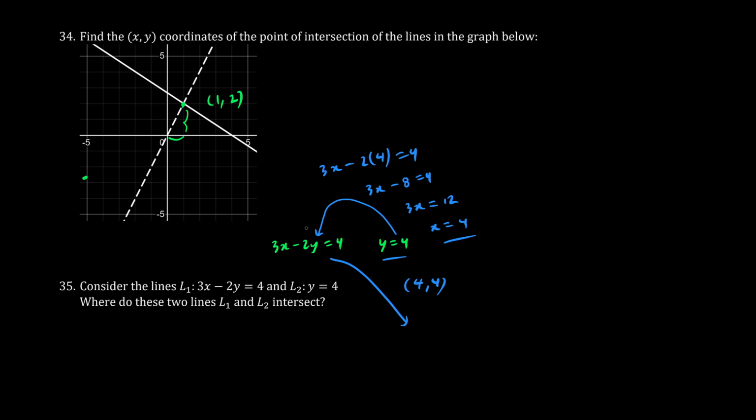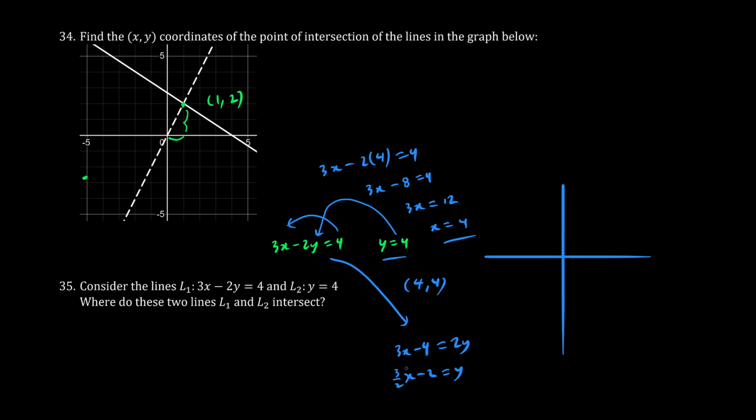We can verify this by sketching this graph. We isolate for y by throwing negative 2y to the right. We have 2y is equal to 3x minus 4. We throw the 4 to the left. We divide both sides by 2. We have y is equal to 3 over 2 x minus 2. And so when we draw this line,